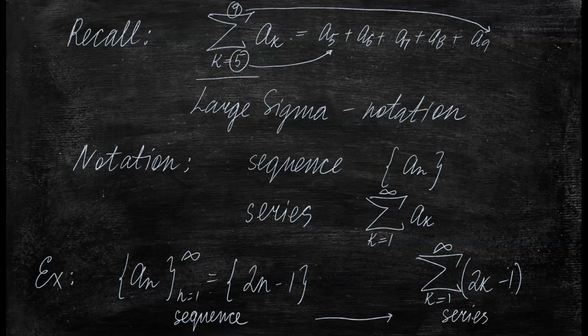Now for every sequence there is one series, but for every series there are actually two sequences associated with it. One is the sequence, the terms of which are used to build the series, but also